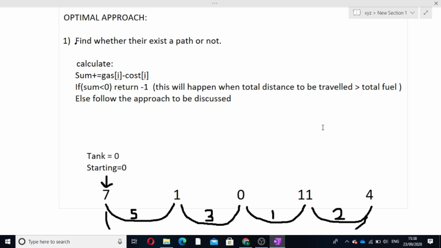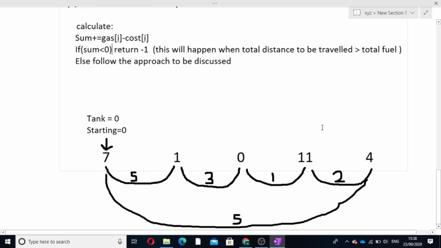So now when we are done with the loop and our program reaches down, this means that definitely there is a path which will exist. When we have performed this step and reached here, we already know that there is a path which will definitely exist. So now we can do our approach thinking that the path will definitely exist.